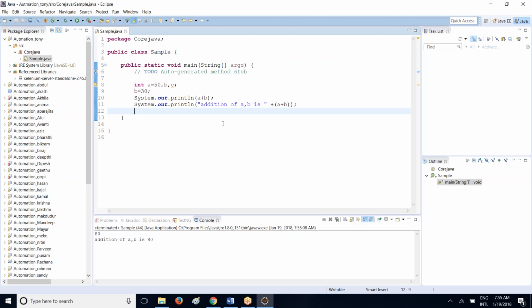That's it. In the next output statement, I want to get the form of a statement, that is, addition of A comma B is 80. Okay, and now I want to check which one is greater, whether A is greater or B is greater. To check which is greater, which statement will you use? The if condition, right? So you will write the if condition. So if A is greater than B,